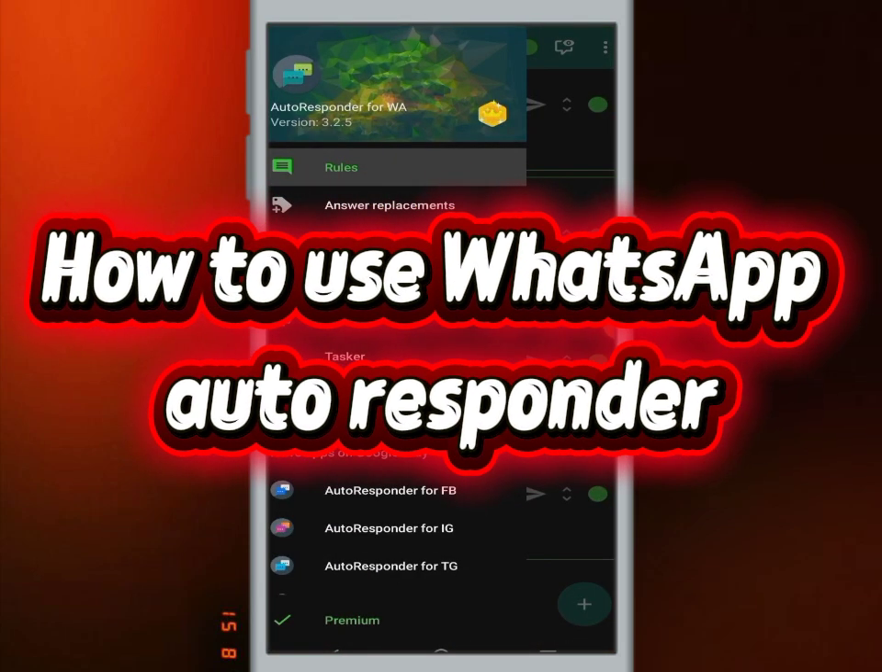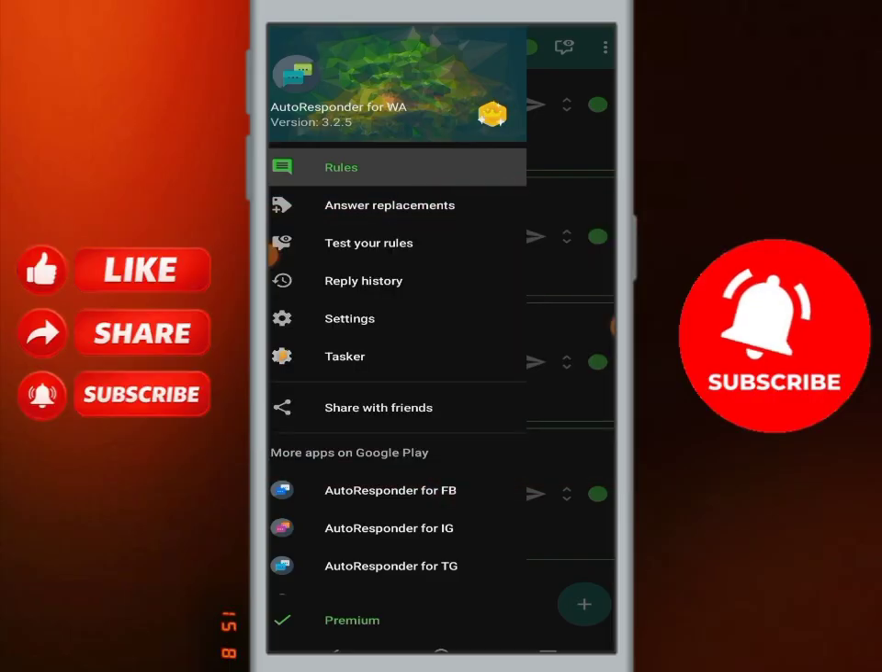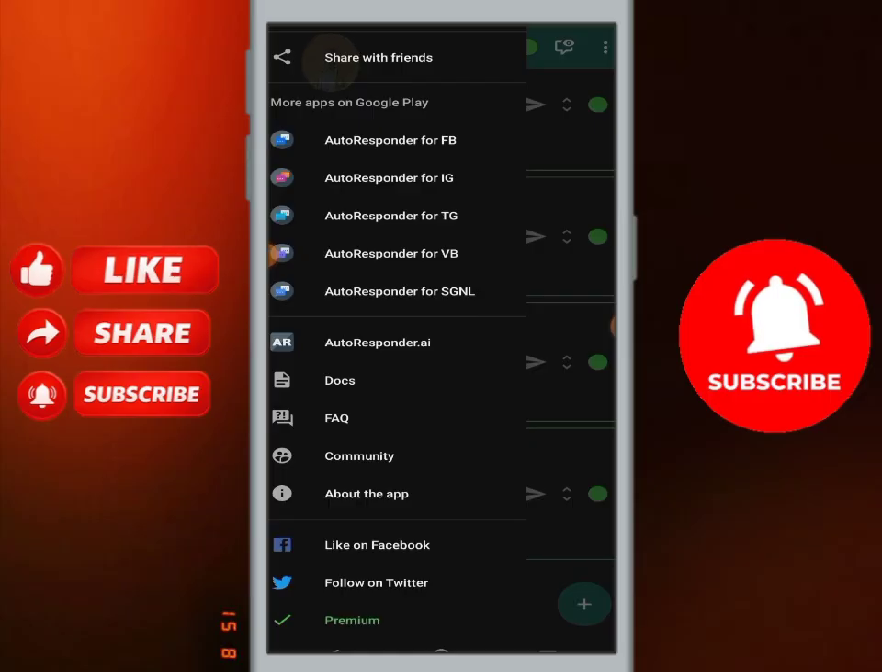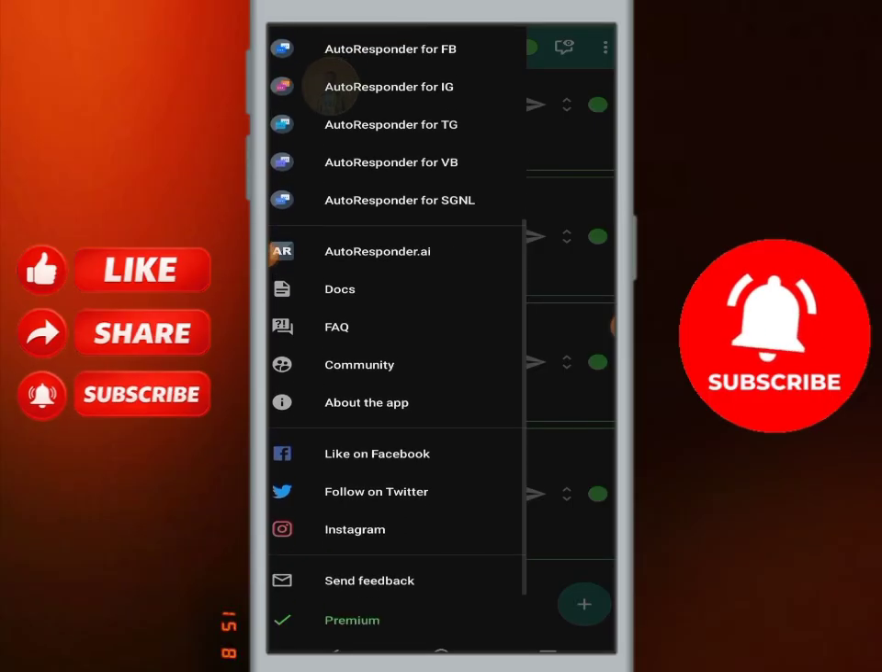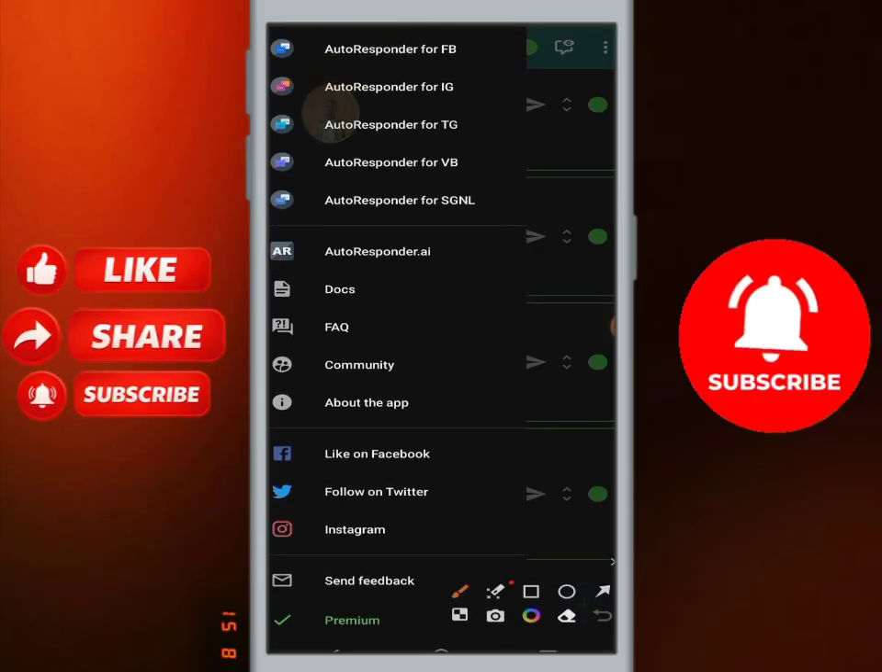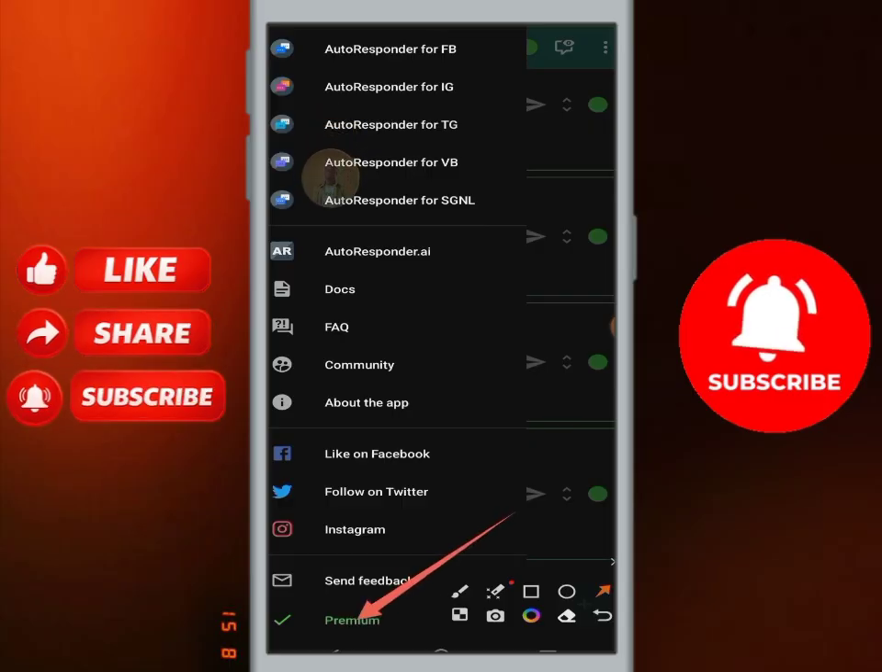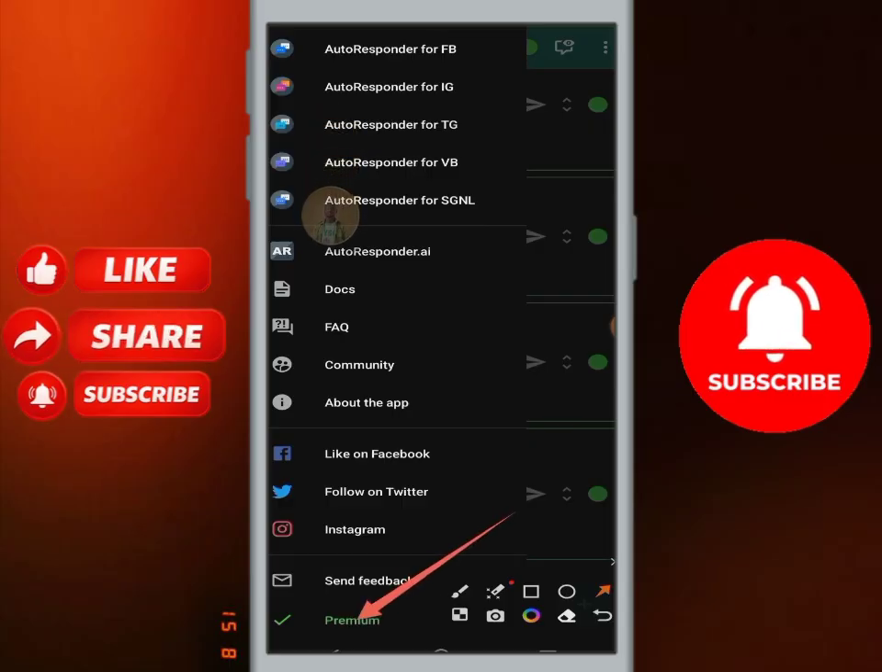So this WhatsApp autoresponder helps you to reply to messages while you are off WhatsApp. So you can see it. This is the premium version. As you can see, this is the premium version, and you can actually use it for